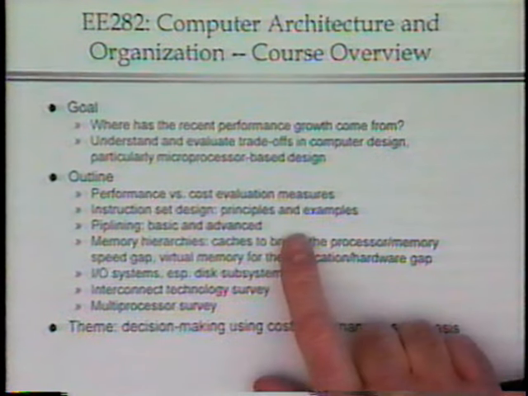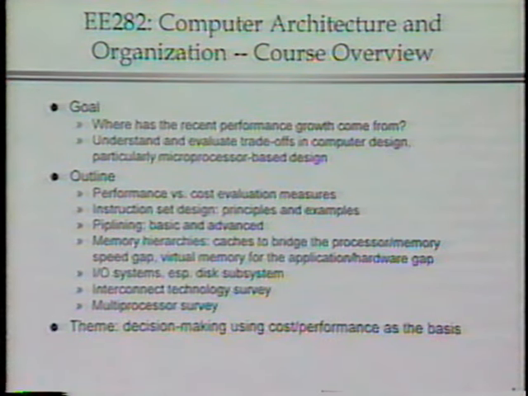The instructions are the things which are the intermediate between the hardware and the software. And we're going to be talking about principles by which those instruction sets are designed and go through several examples of different styles of instruction sets. I'm sure you all know that there has been a revolution in the way instruction sets are designed